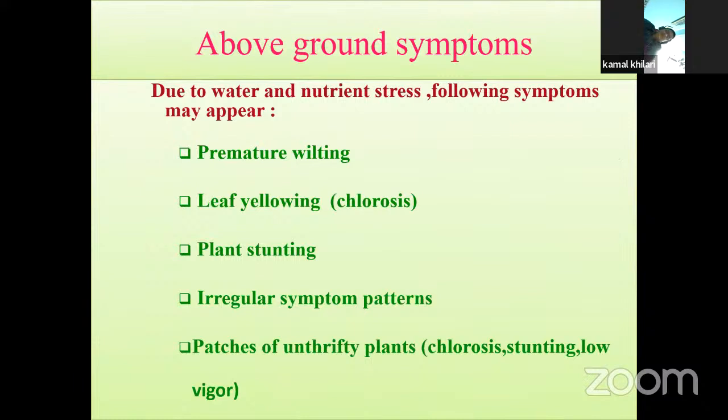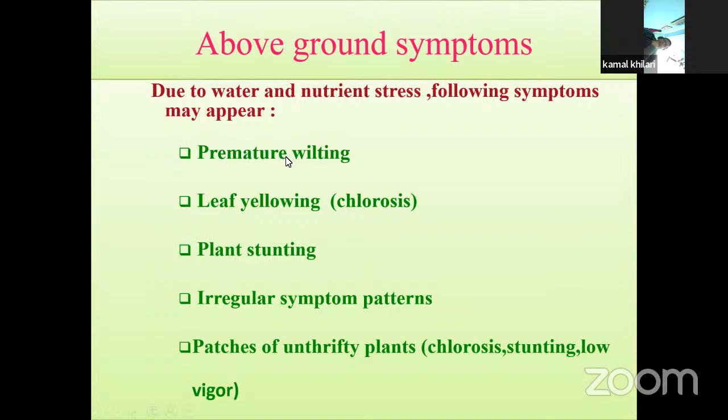So these are the above ground symptoms. Suppose nematode is feeding on the root system, then these symptoms may appear on the infected crop. There may be premature wilting. If a sufficient number of nematodes are feeding on the root system, naturally there is severe drain of the nutrients. So before maturity, the plant may die. Wilting means this dying of the plant, उकटा, as we say in Hindi. So there may be premature wilting, and then